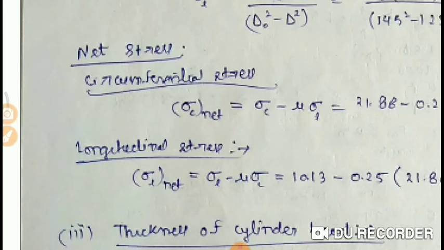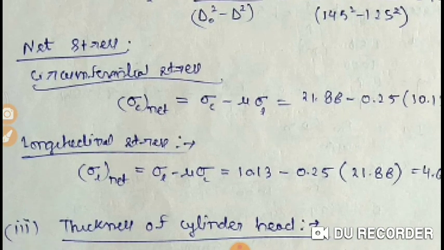Now the net stress value is asked in the question, so you just have to follow the net stress formula from the data book. You have calculated sigma c and sigma L previously. Here sigma c net equals sigma c minus mu times sigma L, where mu is the Poisson's ratio. Put the Poisson's ratio value that is given in the problem and calculate the value of sigma c net. Likewise you can calculate the net